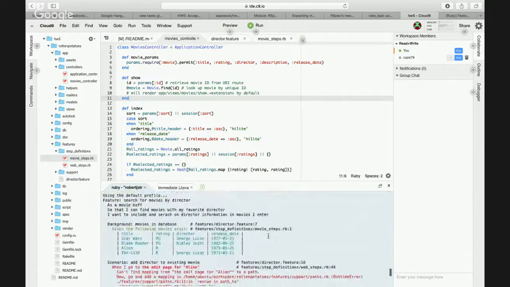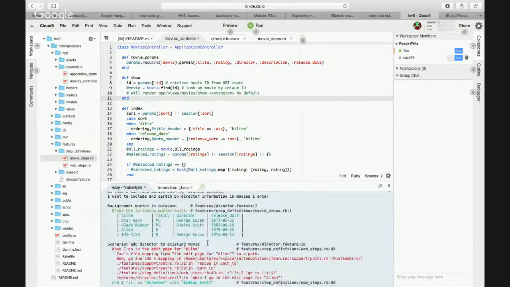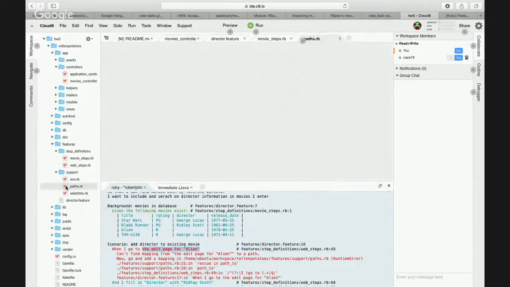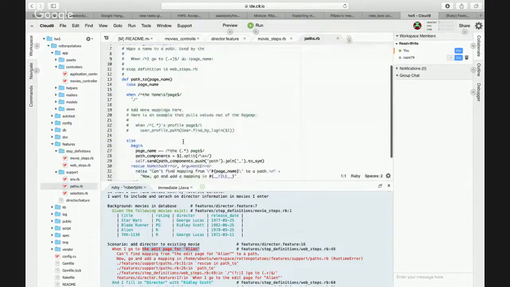Okay, so here we go. Given the following, when I go to the edit page for Alien, it says it doesn't know how to find the edit page for Alien. That's because we need to define a path for that. That's correct. Yeah, so we say,